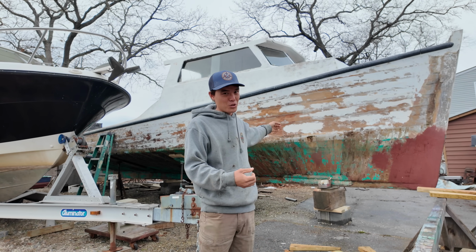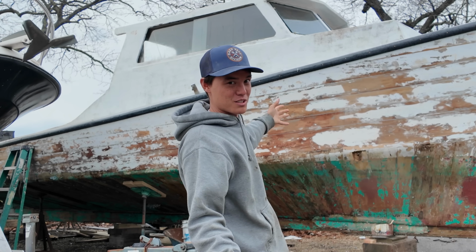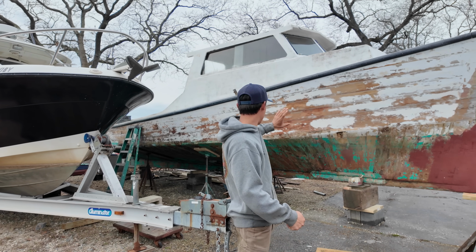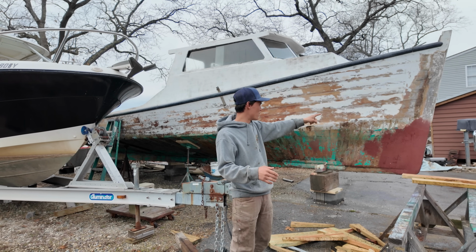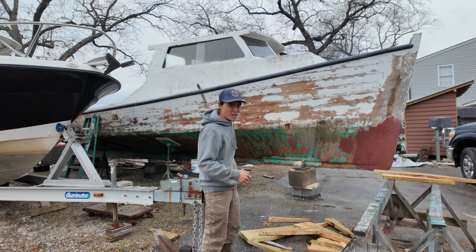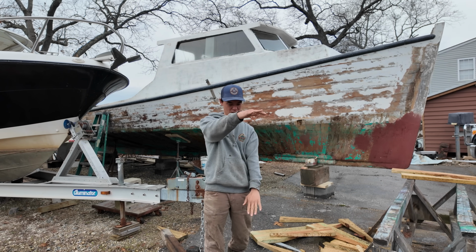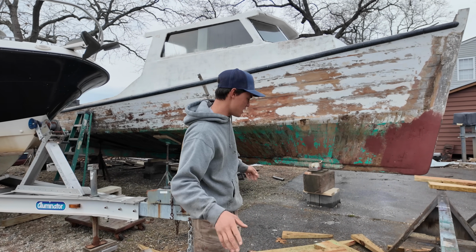Most of the time they will build them upside down and then they will flip them over, although that's really hard to do. They'll basically start with one giant timber that runs bow to stern. So there's one continuous tree in this boat that starts in the bow and runs all the way to the stern, which they call the keelson, which is this giant plank inside the boat that it's built off of. And then they plank the boat